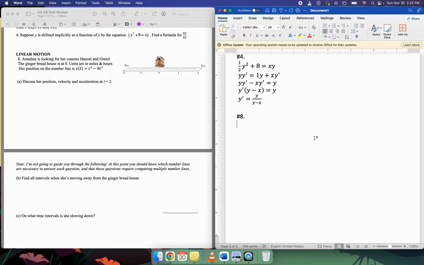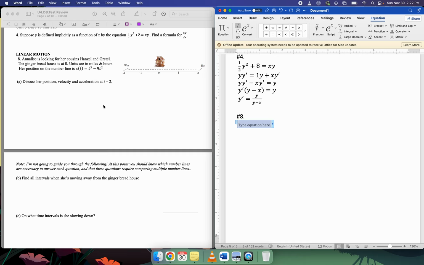Reading ahead, it's interesting. They're just asking about what's going on at one specific time. So for this part of the problem, I actually don't need any number lines. I just need to plug 2 into the position function and the velocity function and the acceleration function. So x of t is t cubed minus 9t squared. Therefore x of 2 is just 8 minus 9 times 4, which is 8 minus 36, which is negative